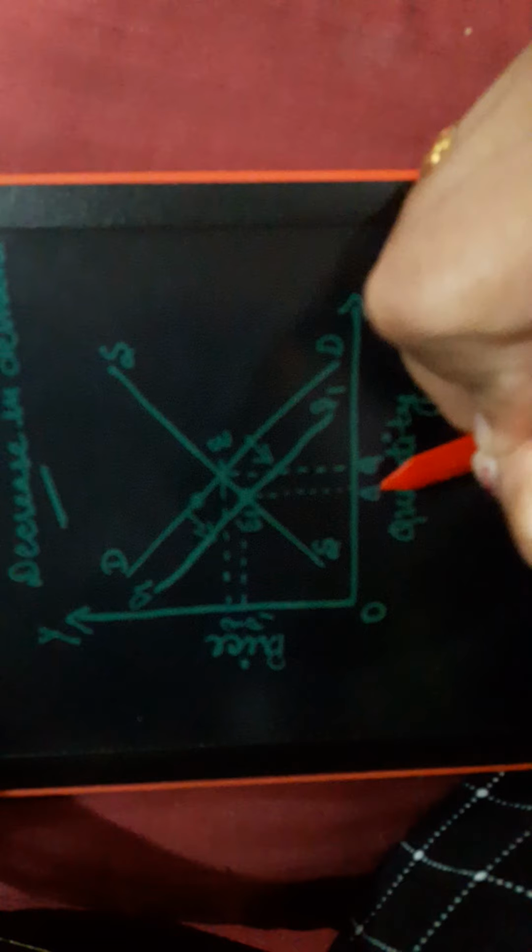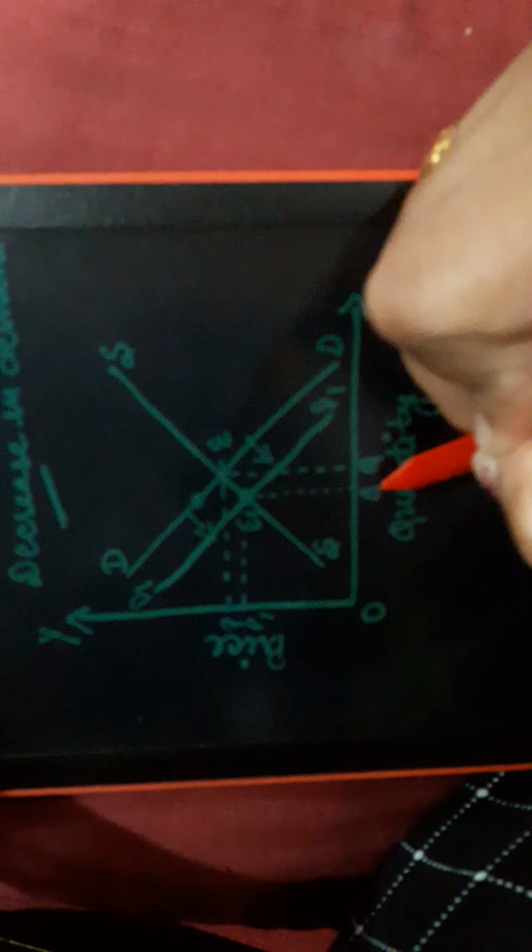and quantity. We know that change in demand can be an increase or a decrease. We will first discuss the case of increase in demand. If demand is increased and supply is constant, then the demand curve would be shifted from the origin.